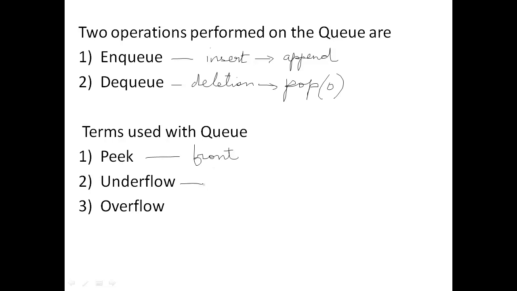Underflow is a term used when you try to pop something from a list or from a queue that is already empty. So you would give a message saying underflow. Overflow is a term used when you say the list, or the stack, or the queue is full. Now, like I said, your list allows it to grow during the execution of the program. So we don't generally see the overflow condition, but you could limit.